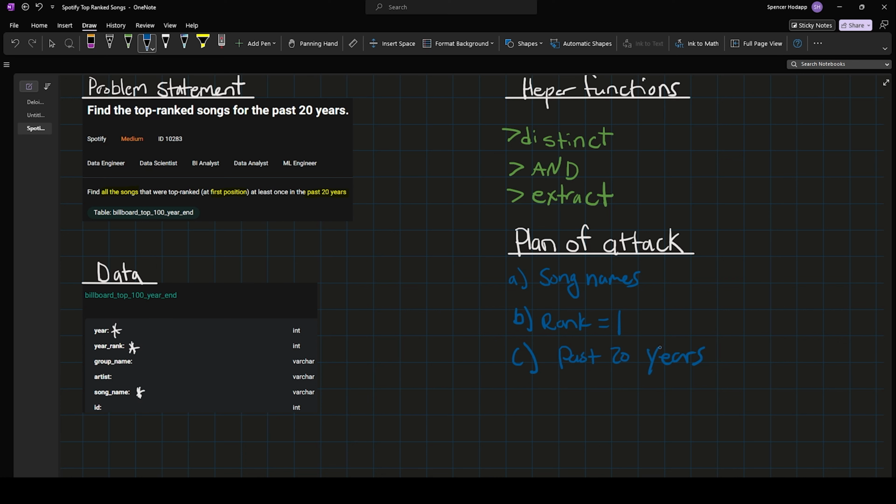Now, I got a question last time in the DMs. Why don't I write full steps out? Well, for the very helpful reason that I try to showcase this kind of problem solving so that when you're doing this live in an interview, you have a framework that you can use. Now, I don't write down the full steps because I have to keep a dialogue going to showcase my thought process for my interviewer. So the plan of attack notes are only in case the interviewer interjects and asks a question